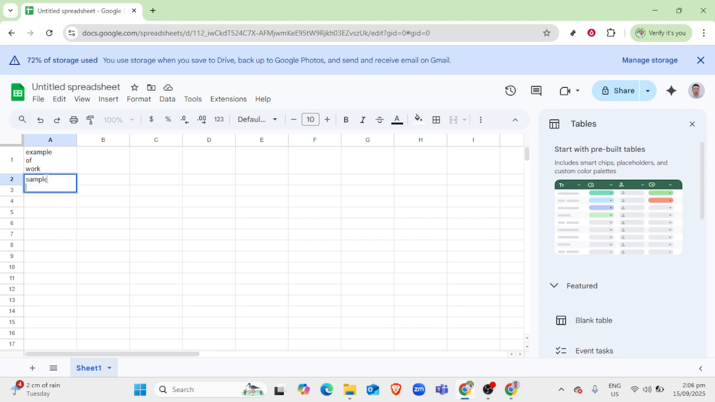Remember this simple trick the next time you're working within Google Sheets. Cultivating these small